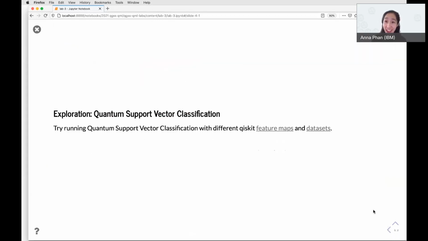So yeah, as further exploration after this lab, why don't we all try running quantum support vector classification with different Qiskit feature maps. You can make your own using TwoLocal or NLocal, and you can also play around with different data sets. There's the wine, or the iris, or the breast cancer data set, or you can even try to differentiate between the different numbers in the